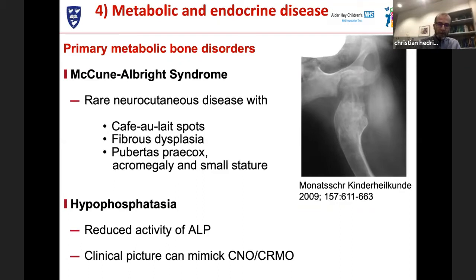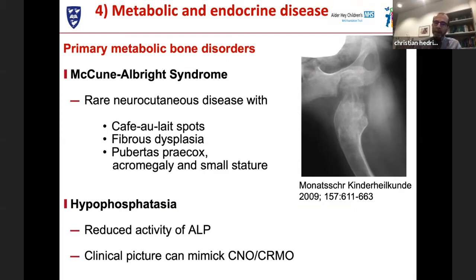Another condition which we need to consider, especially in pediatric rheumatology, is hypophosphatasia. It's also very, very rare, and it's caused by reduced activity of alkaline phosphatase that is caused by mutations in the gene encoding for alkaline phosphatase. There are very severe phenotypes that result in death, usually within the first year of life, but there are also milder forms. Some of them show some degree of dysmorphia, which are then easier to diagnose, but there may be